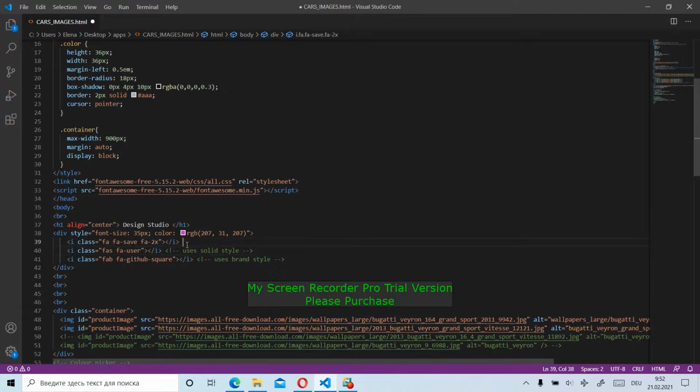There are several sizes. If you use fa-1x, it is the standard, basic by default. If you use 1.5x, it will be a little bit bigger, but if you use this one,